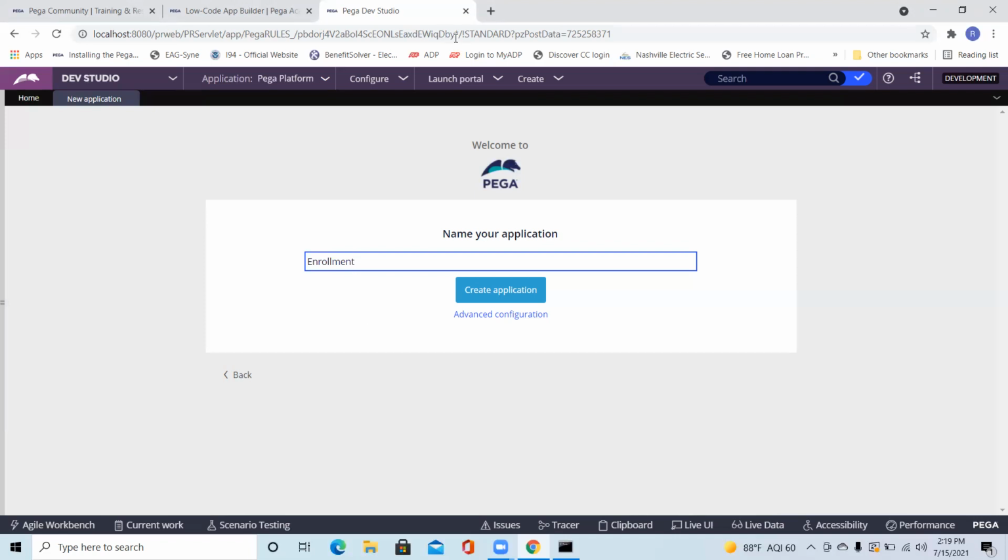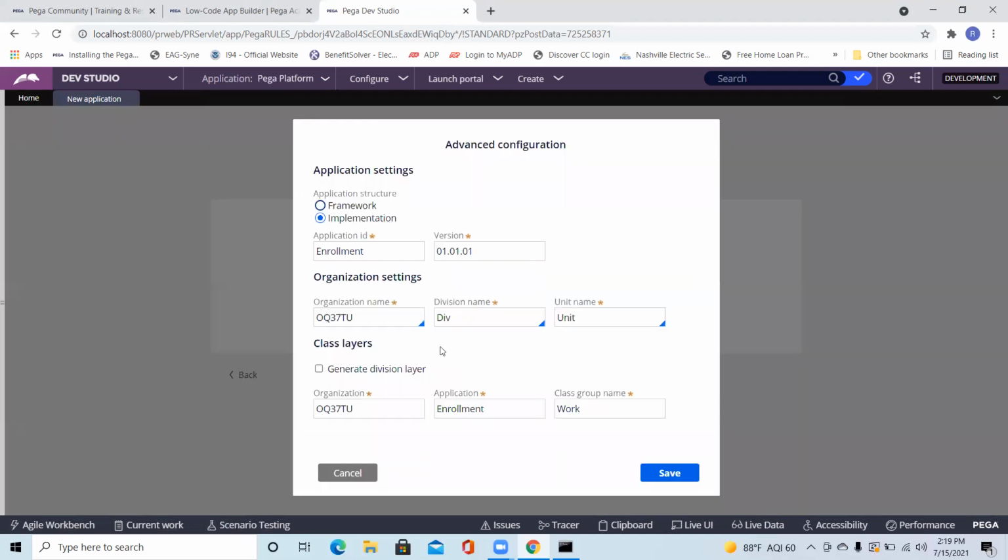So go to advanced configuration here, and it will ask you about the organization, division, unit. I told you yesterday that the application should belong to some organization, right? So for time being, I will say my org. Division should be my div.